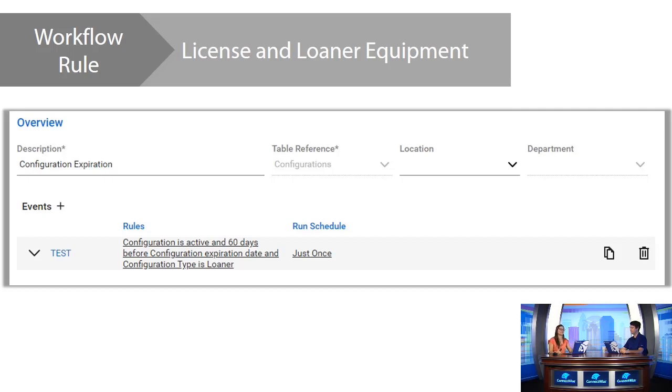So in this case, what we recommend is using a workflow rule to track configurations. If we're leasing it for 3 years, we can set an end date 3 years in the future, and then have a workflow rule look out for configurations expiring in 60 days. That gives us just enough time to evaluate maybe the agreement that we have with that client, make sure that